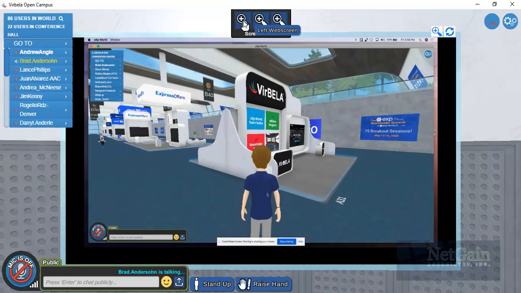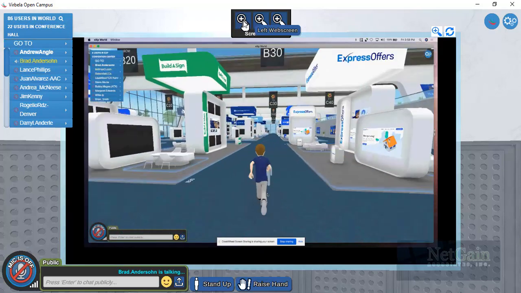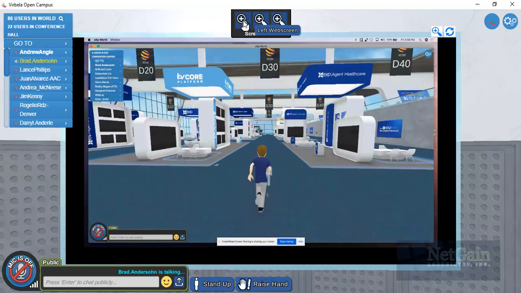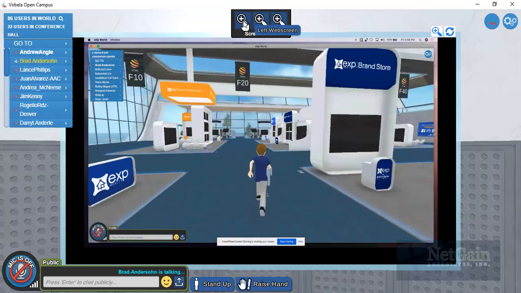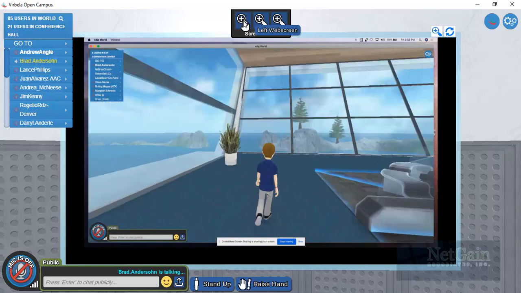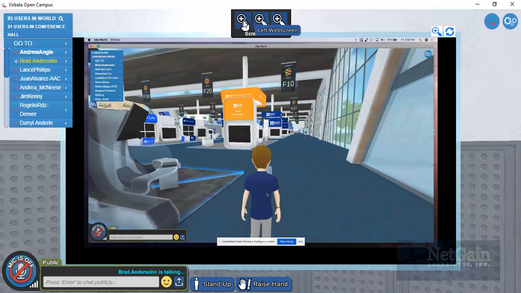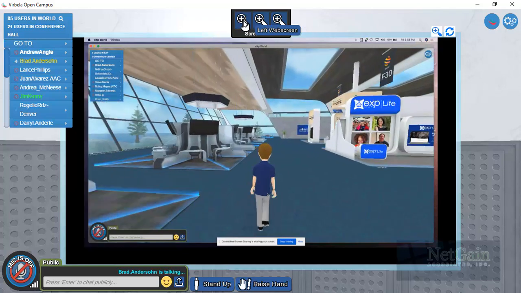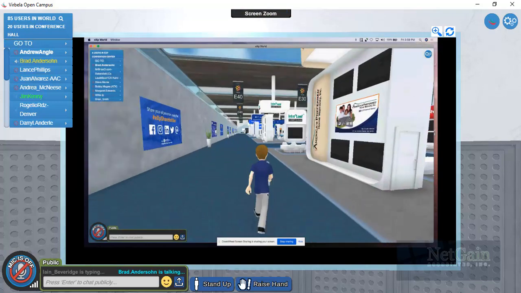There's our VirBELA booth, and all of these booths will have different affiliated partners and people that'll be manning these booths and answering questions and coming up with solutions in a variety of different aspects of the real estate business. Lots of great stuff here, but it has a real feel of a convention center, and it's even got these little breakaway desks where people can break away and share products, tools, services, kind of collaborate together. So there's a quick tour for you guys. If you have any questions, feel free to hang out and ask. I am going to pop over to the